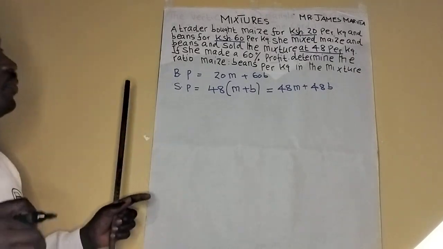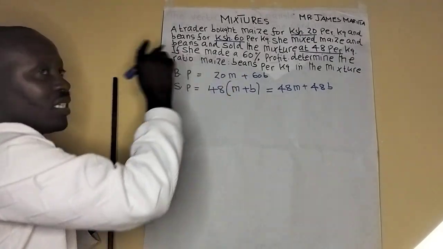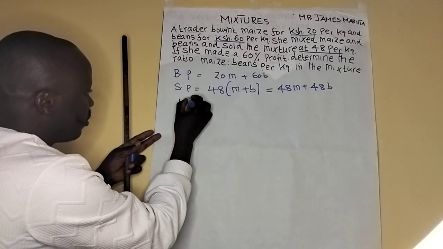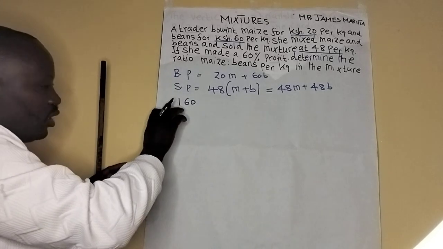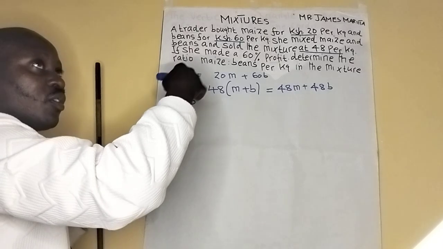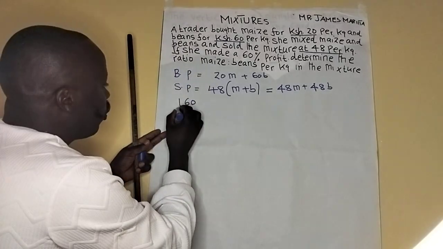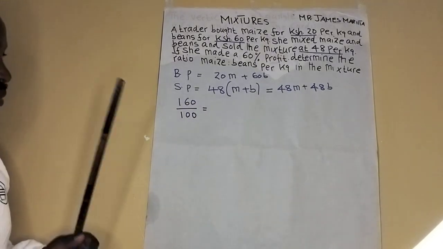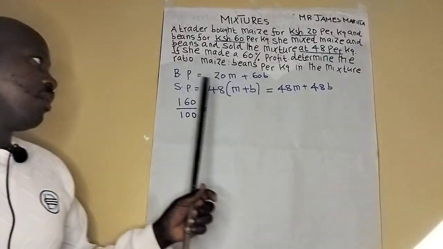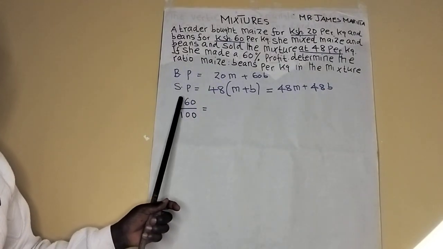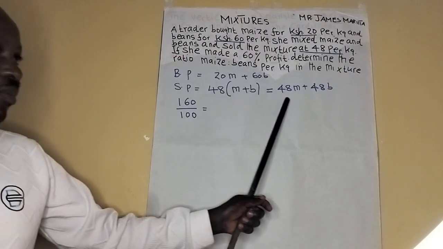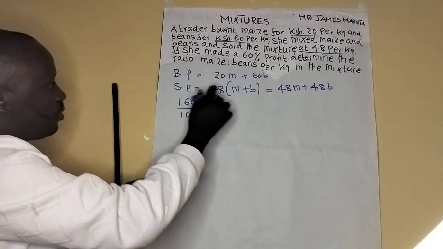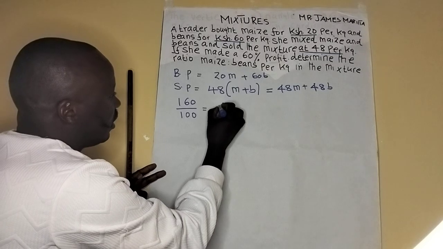60%. So initially it was 100%, increased by 60%, so we have 160. The profit is 160 over the original 100%. Remember, the percentage profit is given by the selling price all over the buying price. So the selling price is 48